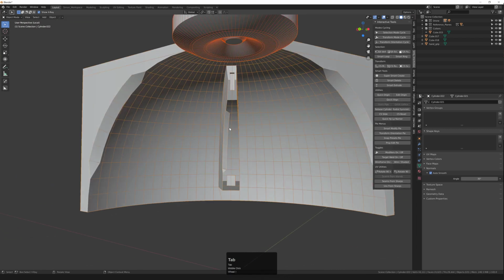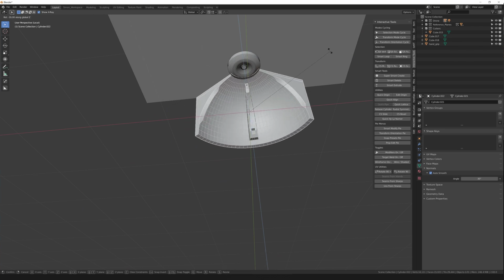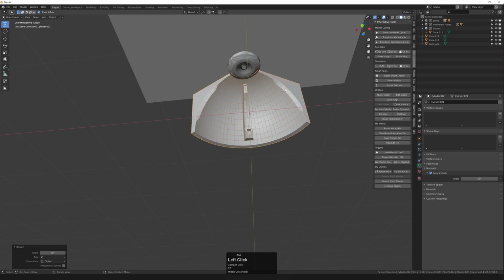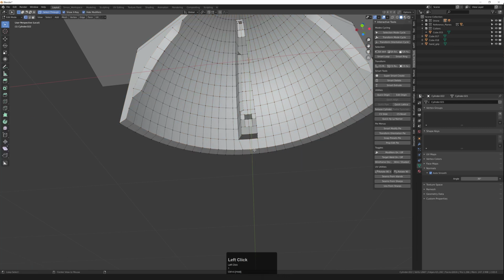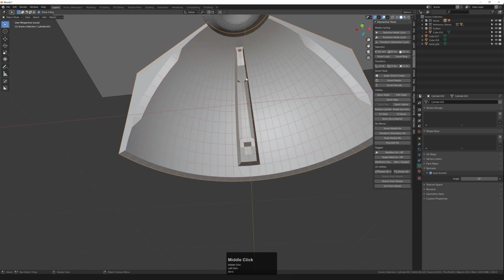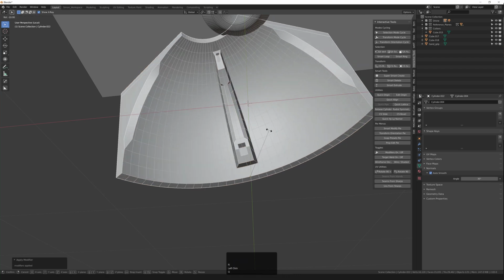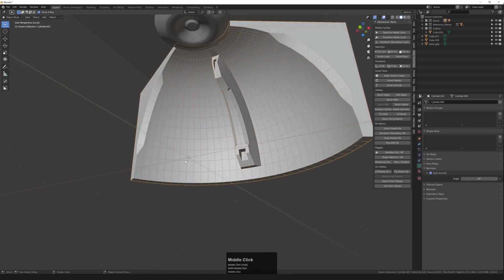And now we just need to mirror it over. And to do that same thing, R to go to rotate mode, Y to constrain, Z to constrain on the Z axis, rotate 30 degrees, Control A, apply transformations, move the pivot here, Alt X to mirror it over, and there we go, apply modifiers, and then we can move it back, but since we moved the pivot, it doesn't rotate from here, so Control A,